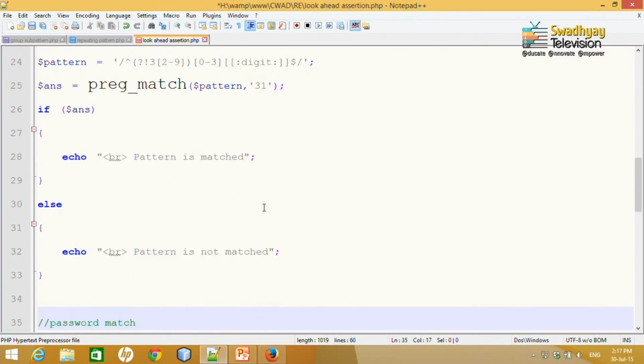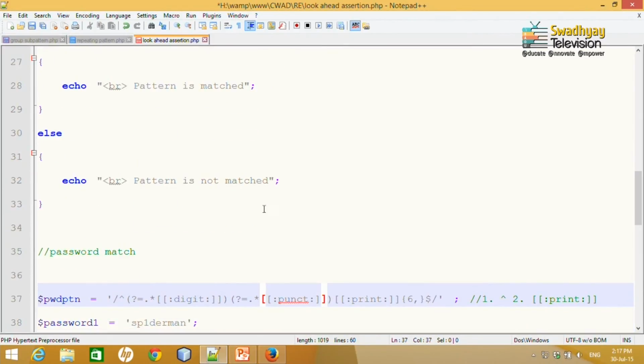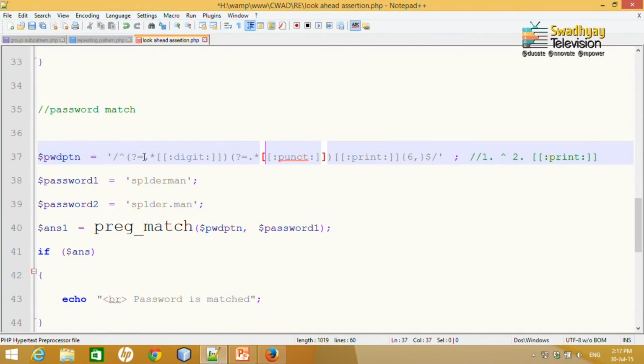In the same way, for the next example, I want to match a password that must contain at least one digit, at least one punctuation mark, any printable character, and a minimum of 6 characters. I want to define a complex password, so I provide this regular expression.